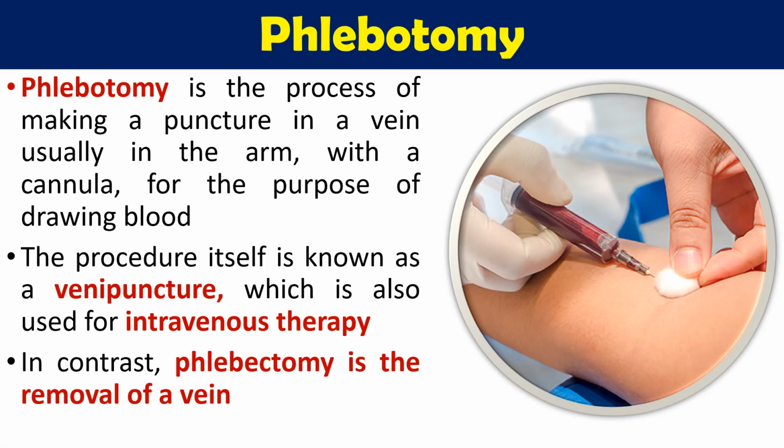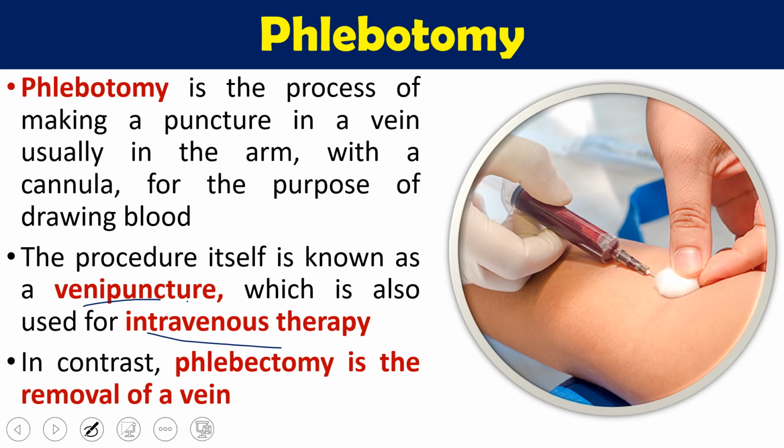The process where blood is going to be collected, and the person who is going to withdraw the blood, is called a phlebotomist. Phlebotomy is the process by which veins are punctured, usually in the arm region, through a cannula or a needle, and then blood is withdrawn. This process is called phlebotomy, and the person who does all these works is called a phlebotomist. Normally this process is also known as venipuncture, or intravenous therapy. There also we are doing the same process.